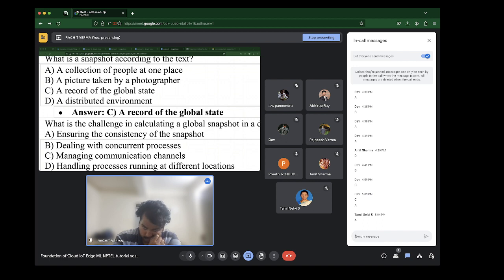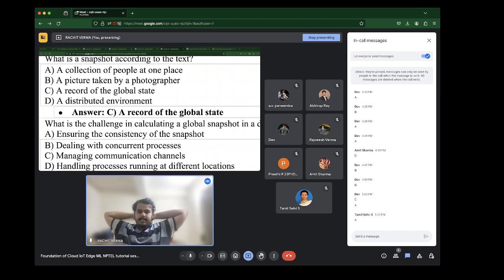D. Okay. So someone has said C. We're not managing the communication channel exactly, right? The communication channel should be active, and we're a lot more interested in the contents of the communication channel.